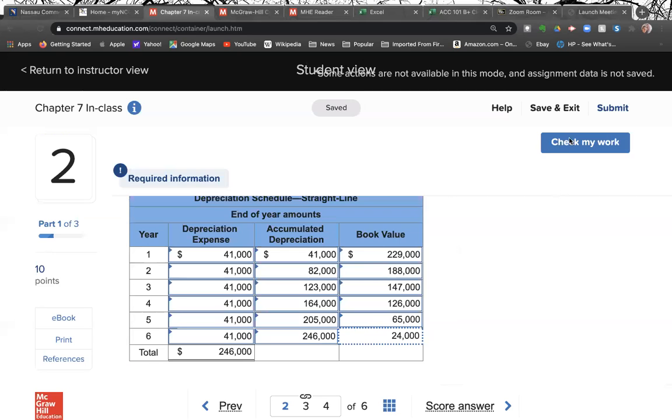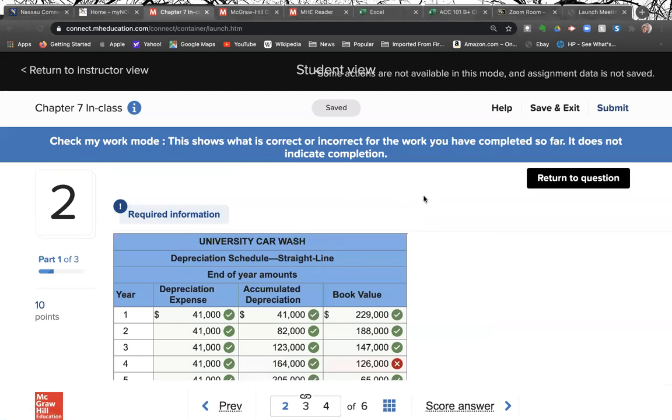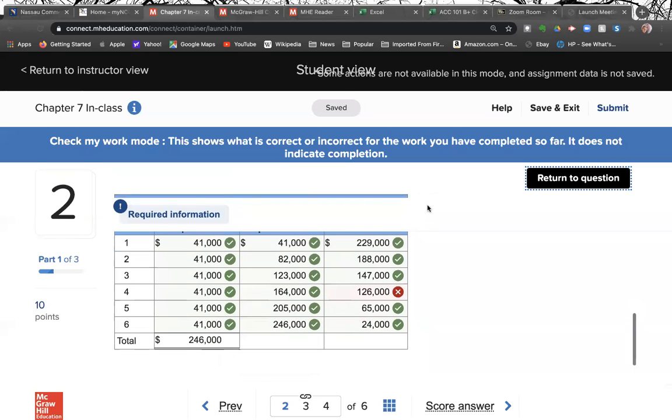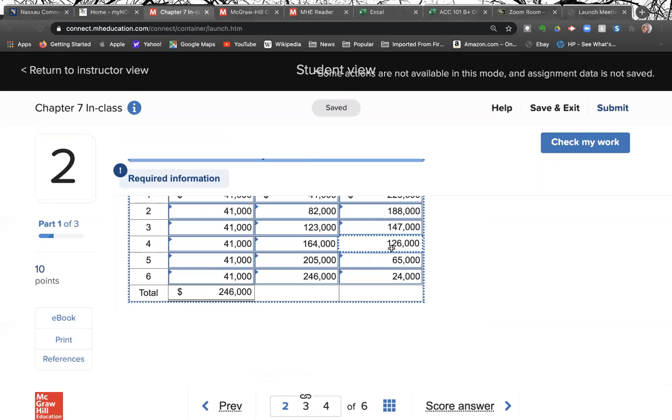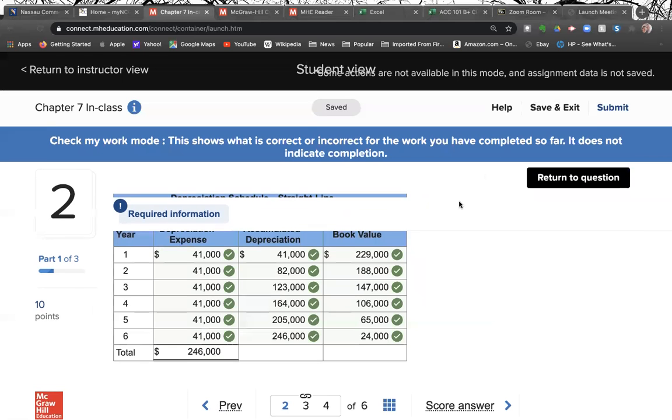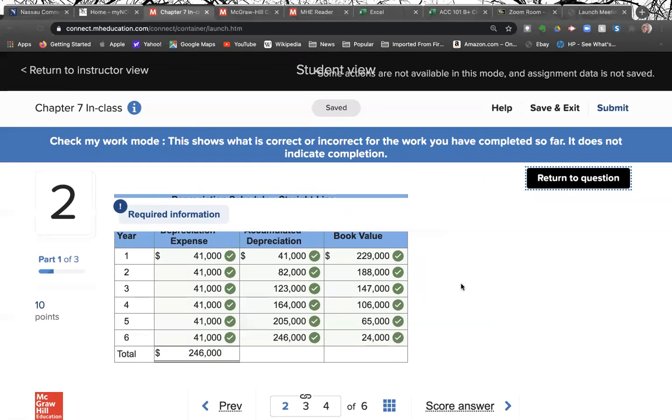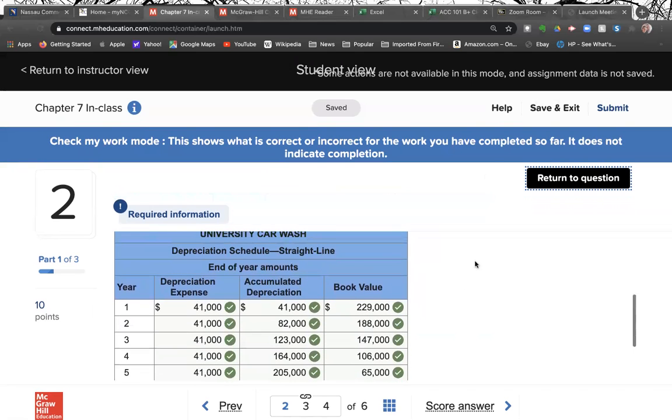Let's see. We got this check my work button. What was wrong with that? $270 minus 164, 106, I'm sorry. All right, check my work again. There you go. Okay. So that is a straight line,